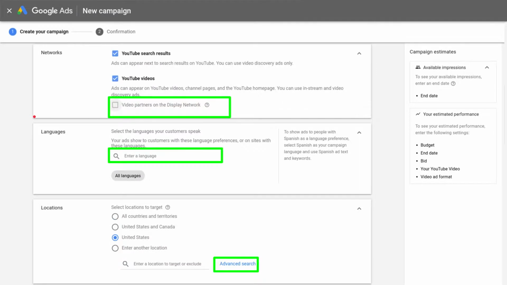Definitely not recommended. We'll go ahead and choose our networks, languages, and locations. These are the next three things as we scroll down. When it comes to networks, we want to show up in YouTube search results and YouTube videos. This is really much more important when it comes to running discovery ads, and those are the ads that pop up around YouTube. Because we're going to be putting together ads that only show up on an actual video in which someone is played, this isn't as important, but you just want to get in the habit of unchecking video display partners